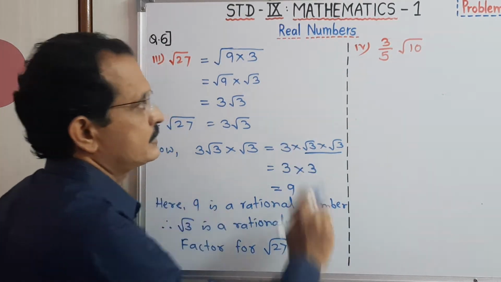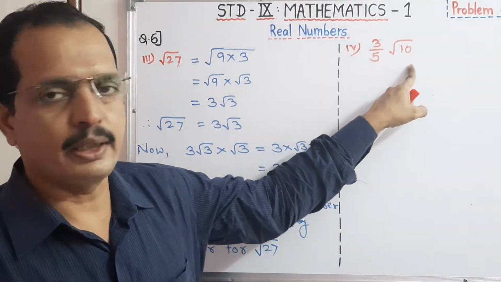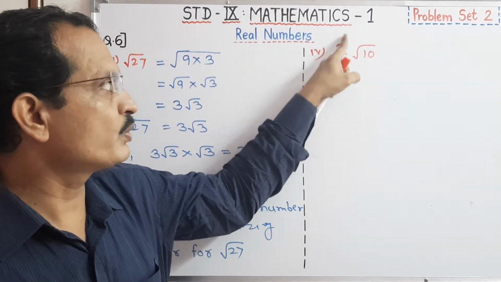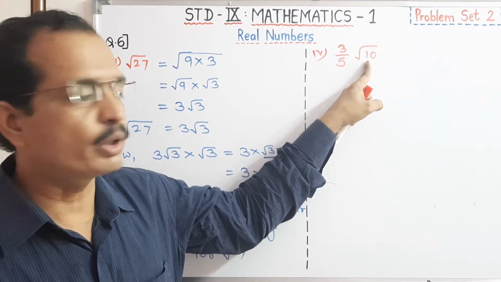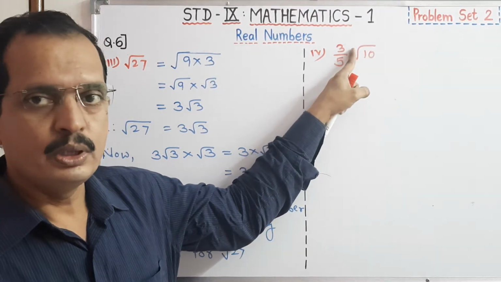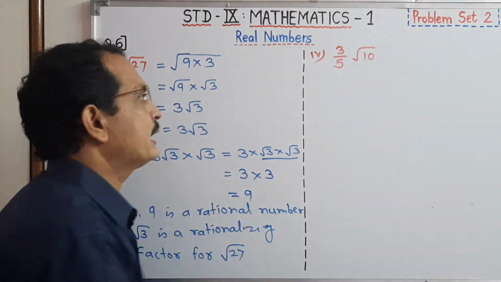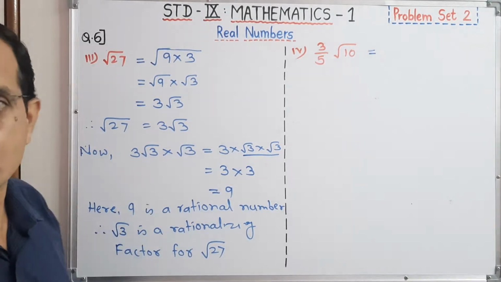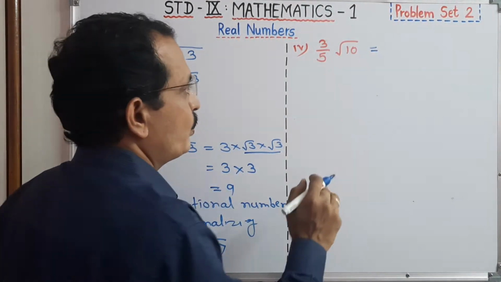Now dear students, see the fourth one. In this, 3 upon 5 root 10. In this case, one factor is 3 upon 5 and another factor is root 10. That means we have to find out the square root of this 10. For that purpose, order is 2. Therefore, we have to factorize this 10. Now, can we factorize this 10 so that one factor is a perfect square? No, dear students. Therefore, we have to leave it as it is. Now, how to find out the